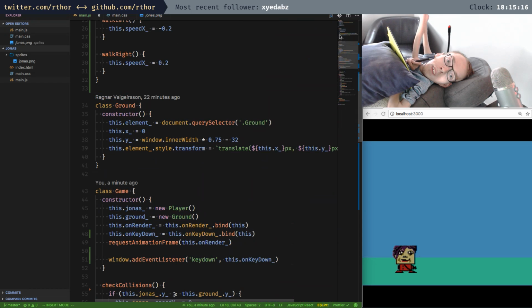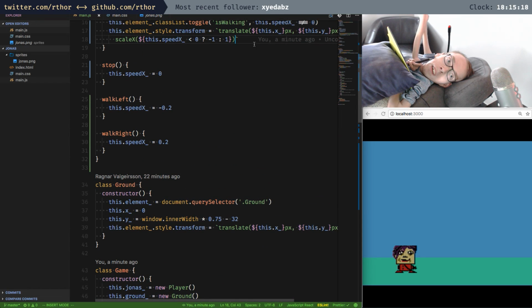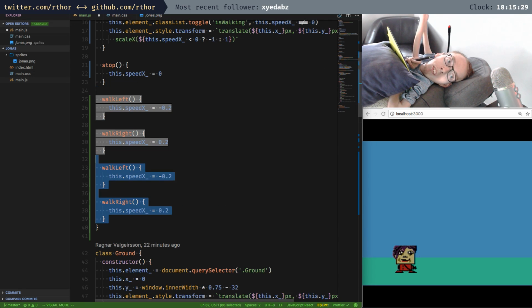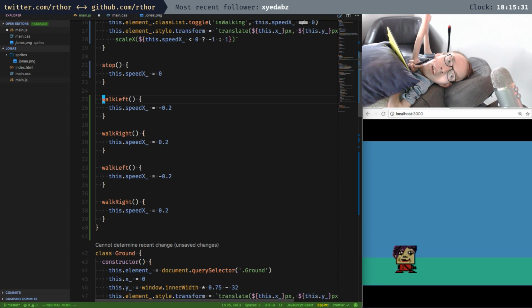So if I do like, I'm gonna refactor this once I know a little bit more about what I'm actually doing. I'm just gonna do like a rocket left